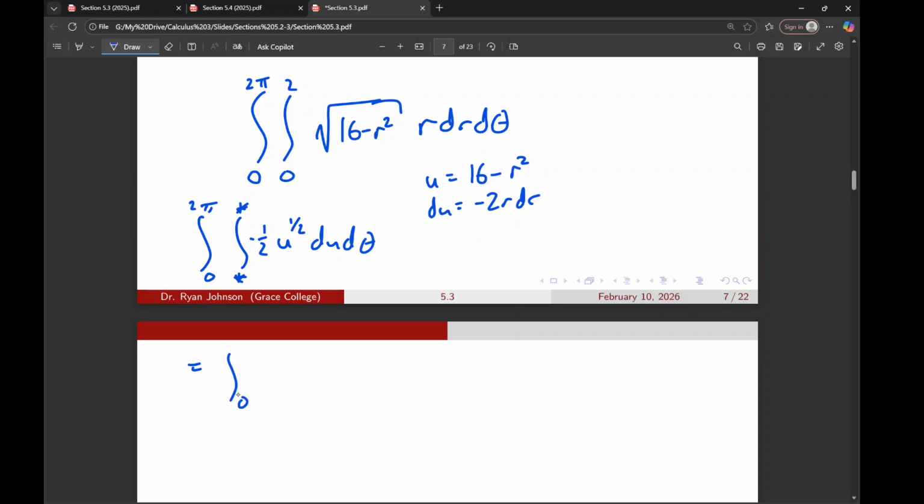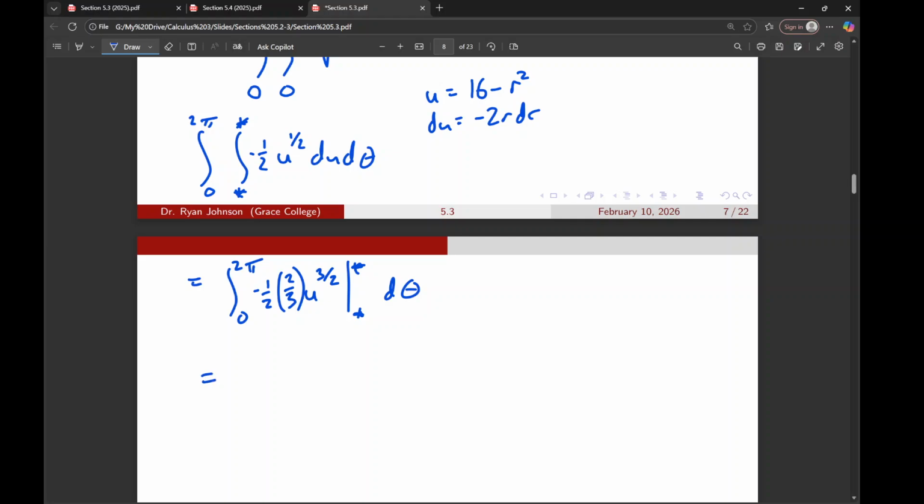Integrating that becomes u to the 3/2 power, which means negative 1/2 times 2/3, from stuff to stuff d theta. Moving that fraction outside, negative 1/2 times 2/3 becomes negative 1/3, integral from 0 to 2 pi of,